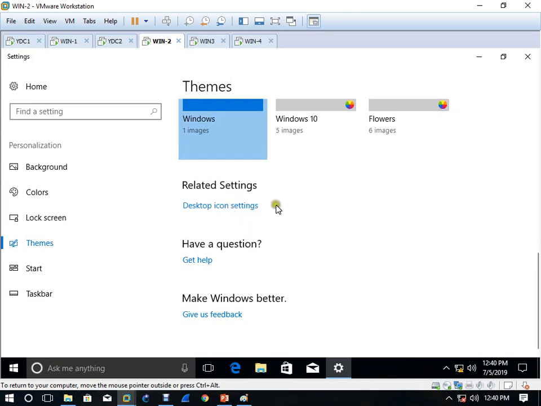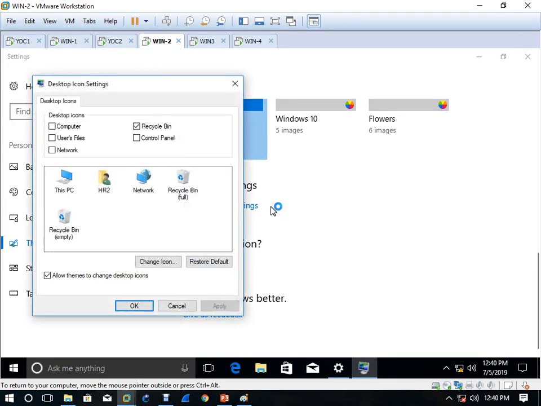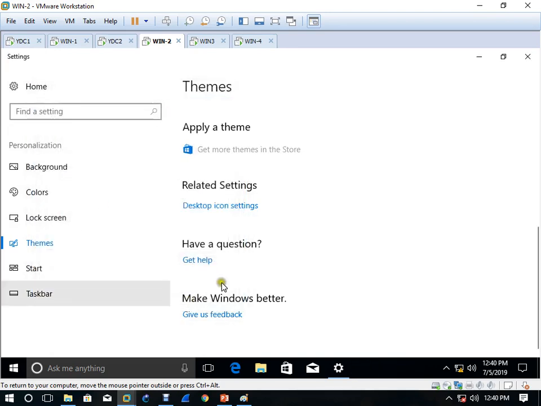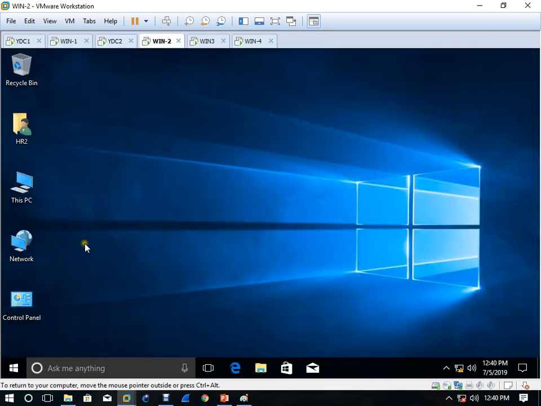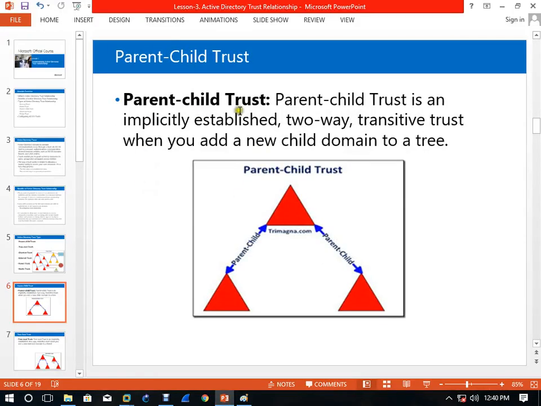Desktop icon settings. HR2. So this is all about your first trust, parent child trust.